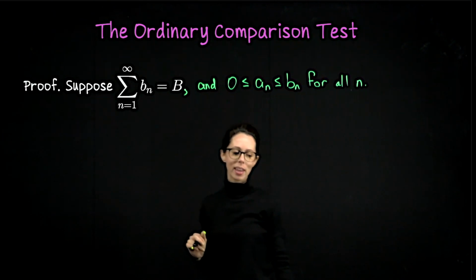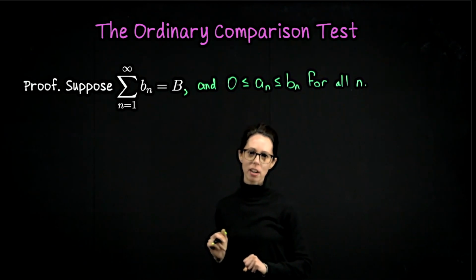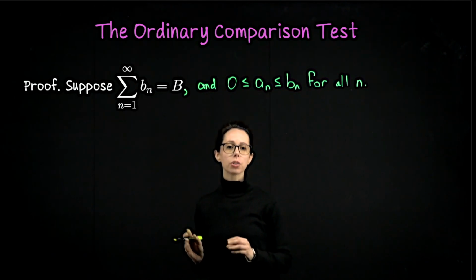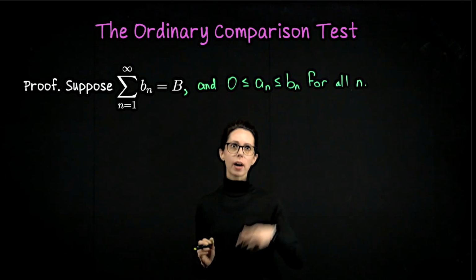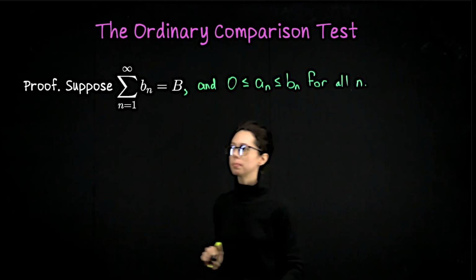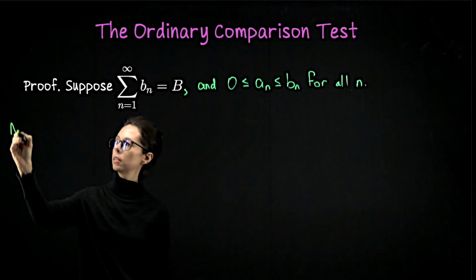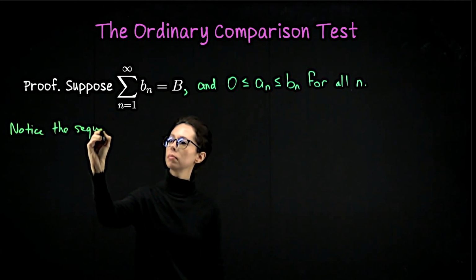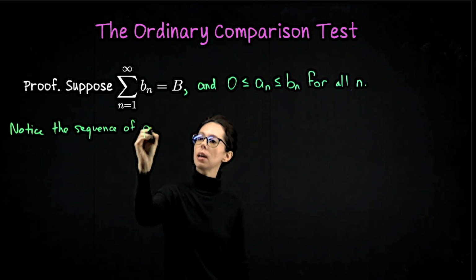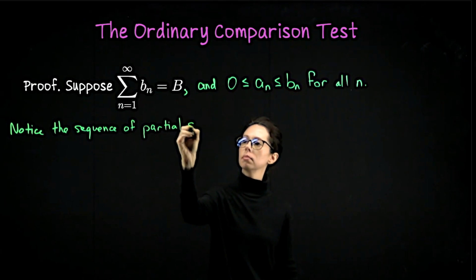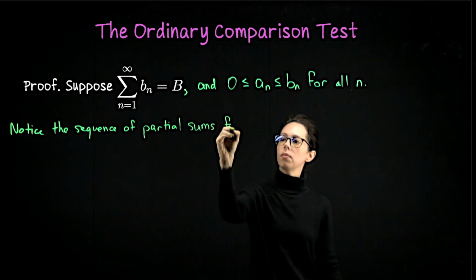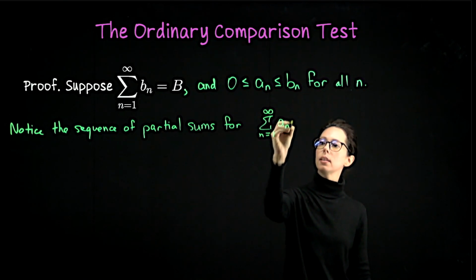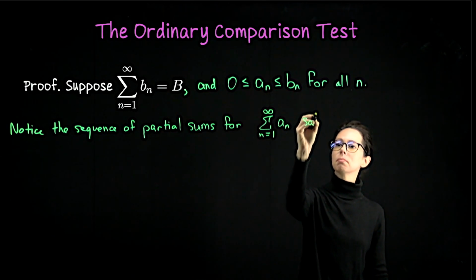What we are going to do is go all the way back to the definition of when a series converges. We say a series converges if its sequence of partial sums converges. So let's start writing down some partial sums for the series a sub n. Notice the sequence of partial sums for the new series from n equals 1 to infinity of a sub n satisfies